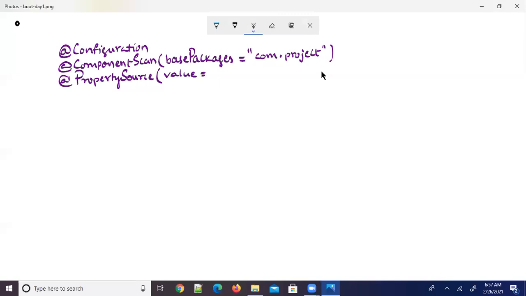Annotations contain elements, which are also called attributes of the annotation. @PropertySource value equals, if there is a single properties file to be loaded, then I can use only a string, for example sql.properties.